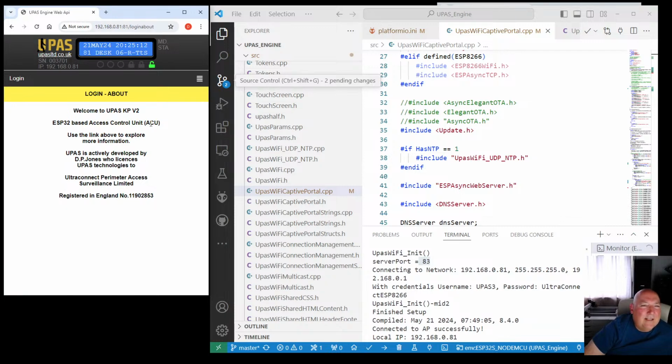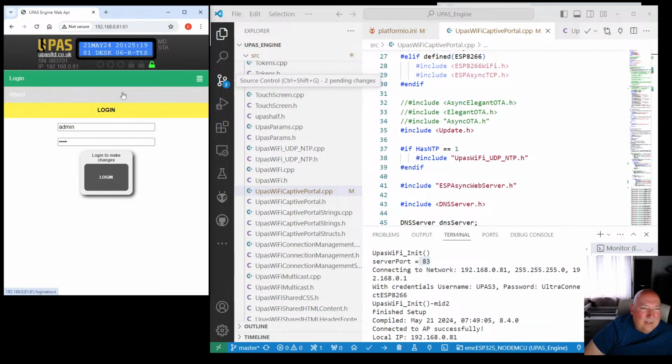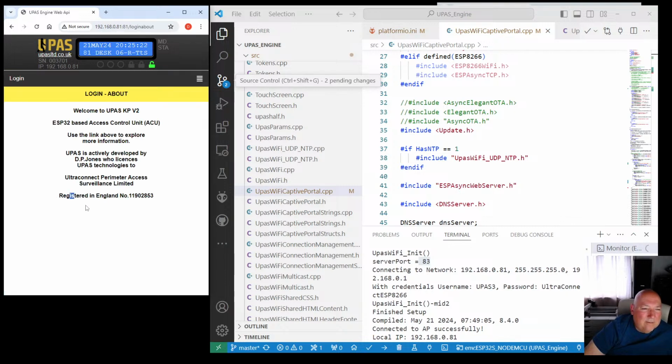And if they say, how do I know? Then they can log in, click on about, and it'll show you, not there, but I haven't put it in yet, the firmware version number,